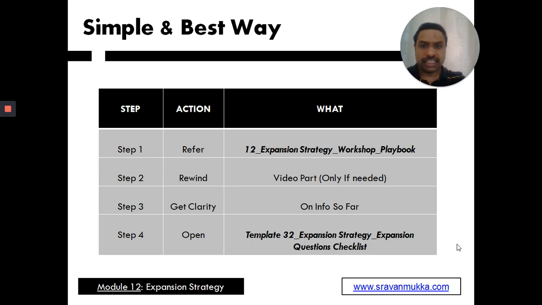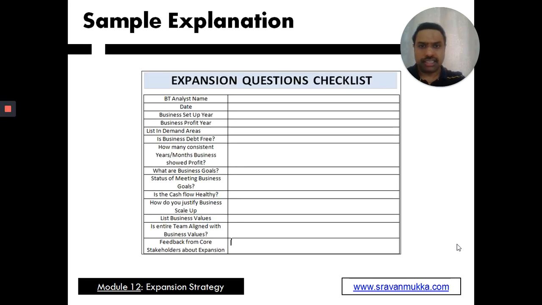Next, open the 32 expansion strategy expansion questions checklist. Shown on the screen, you can see the sample reference for the expansion questions checklist. This template can be used as a reference before actually planning for any expansion. You can use it as it is, or you can update or modify it as per the business requirements.